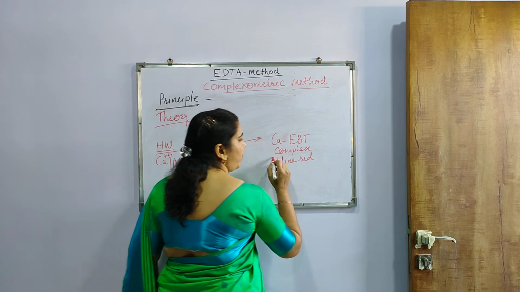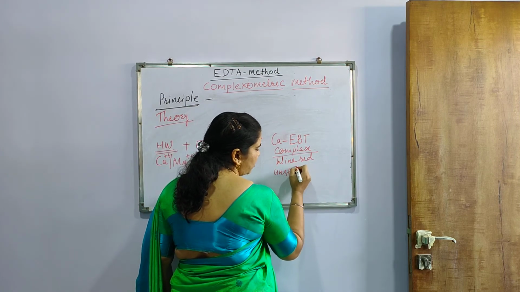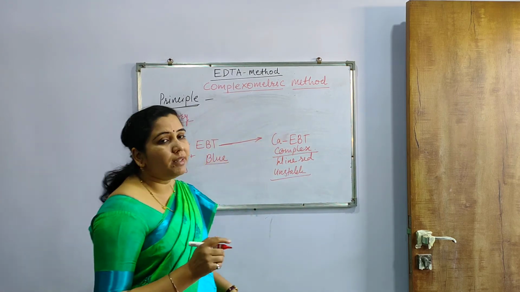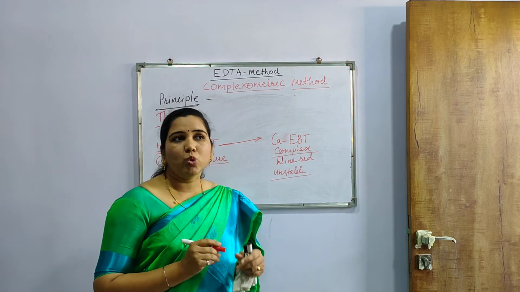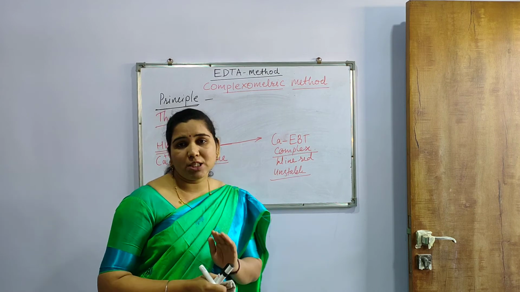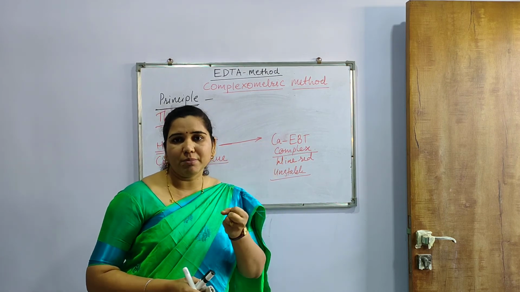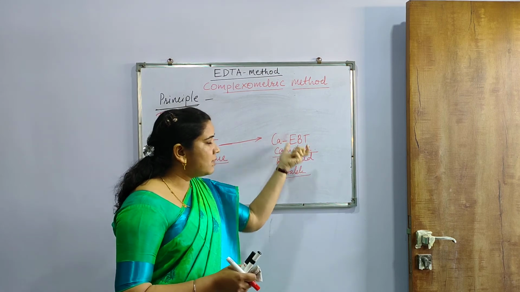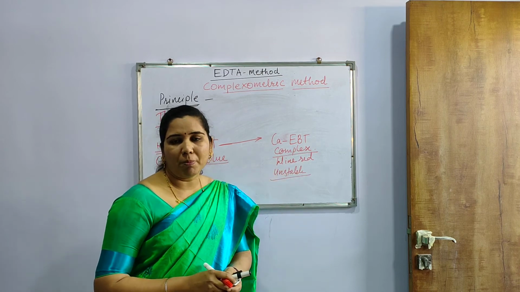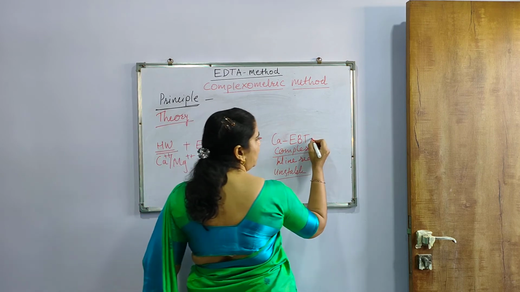But this complex which is already formed is an unstable complex, not that stable, because in this acidic EBT there is an SO3H, that is, a sulfonic acid group, which has only one H positive ion. Fewer H positive ions means a lesser tendency to form the complex. So that's why it is an unstable complex. And then after that we have to introduce EDTA.